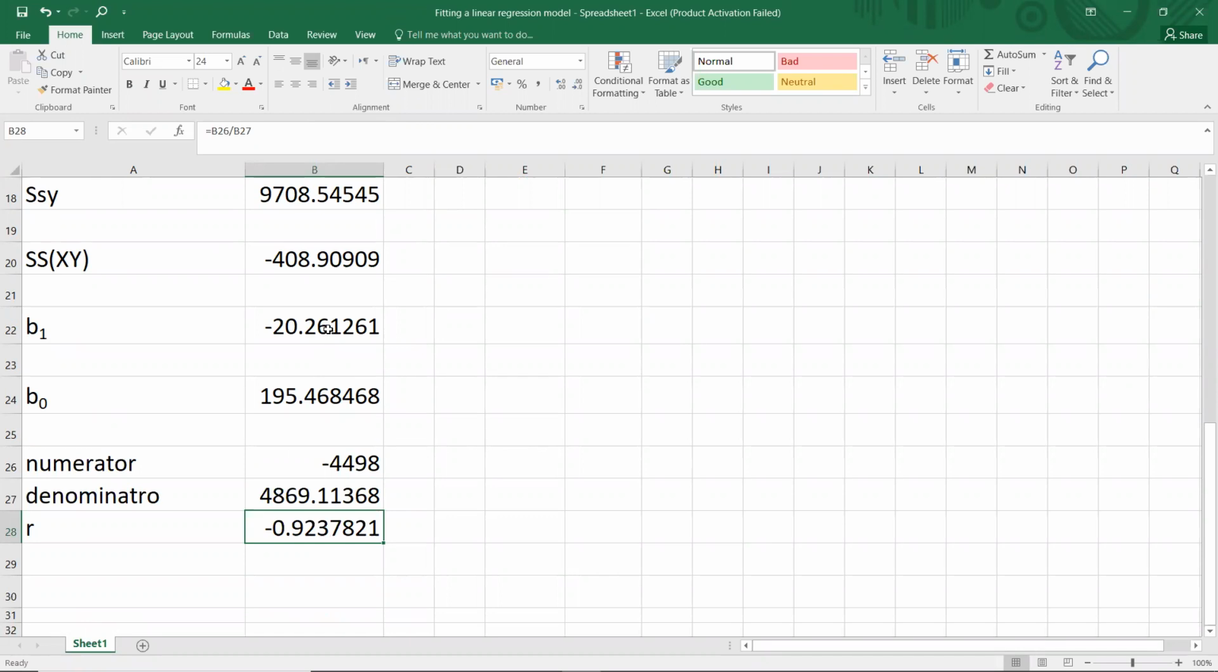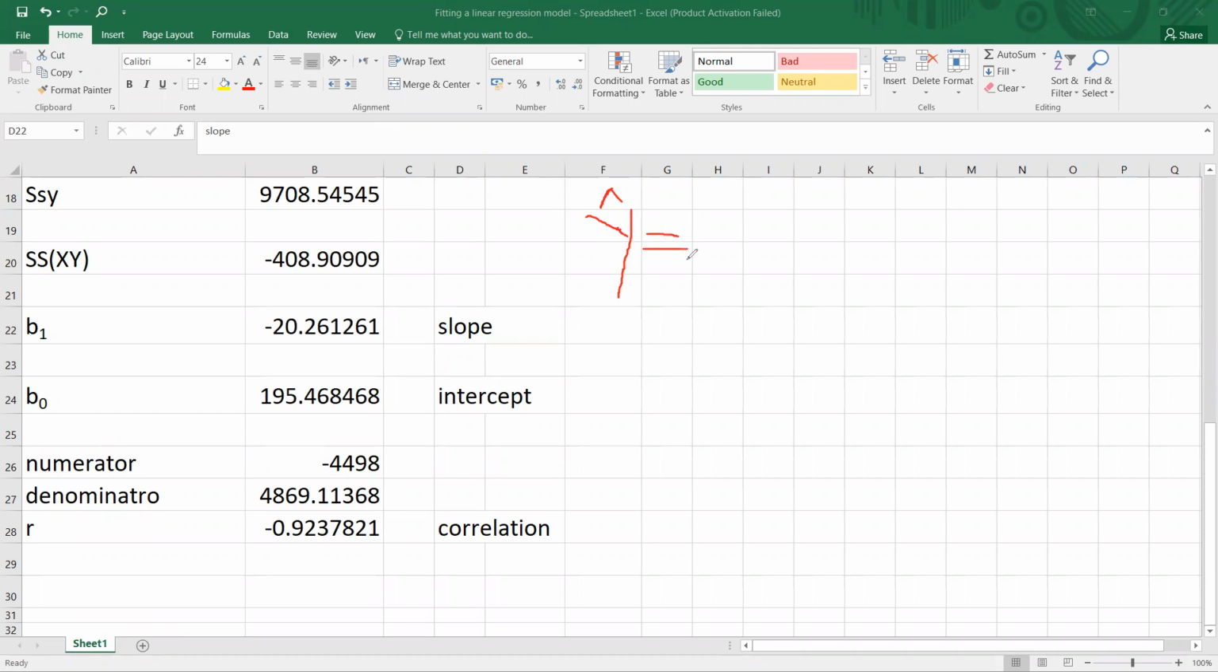Now the slope is minus 20.26 and intercept is this. This is slope and this is intercept. And this is the correlation. Now I have all the three things. Model can be represented by slope and intercept. If I want to write down the model, then the model will be y cap is equal to